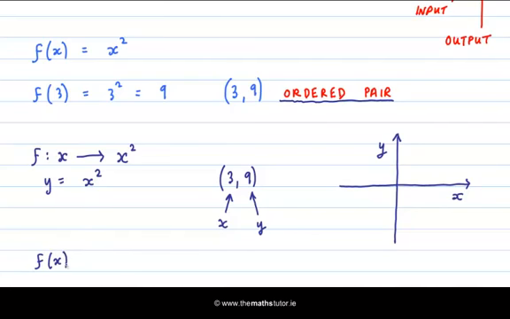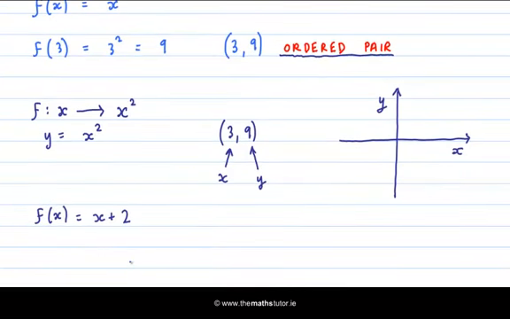So let's write the function f of x is equal to x plus 2, and let's take f of 1 is equal to 1 plus 2, which is 3. So that gives me the ordered pair 1 and 3,